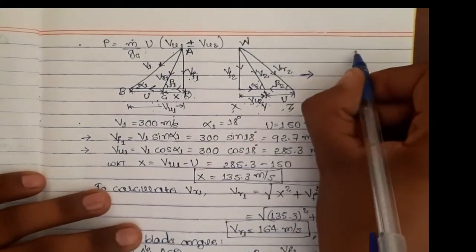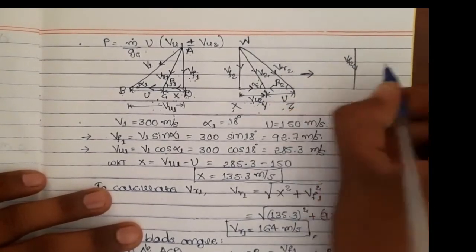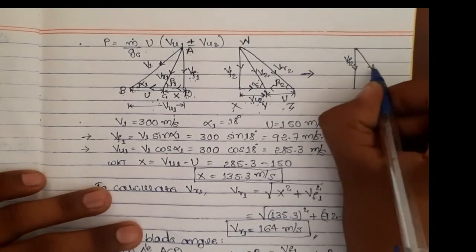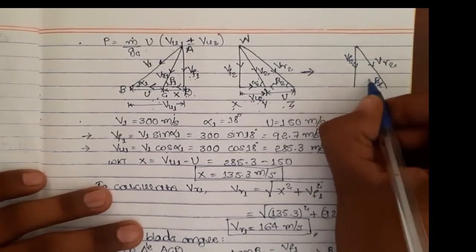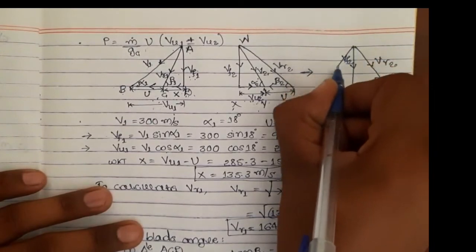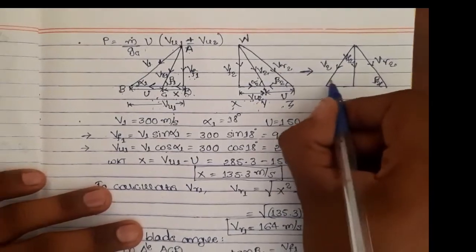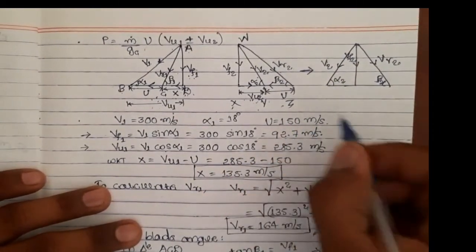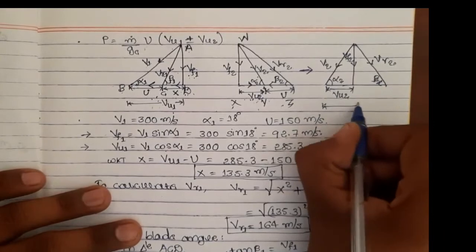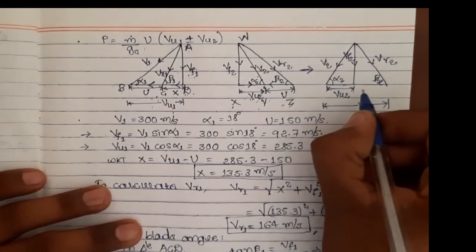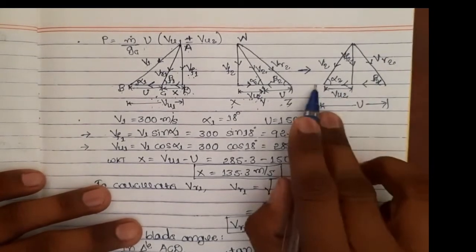So I will write, let this be VF2. Then this is the usual VR2 at an angle beta 2. But instead of V2 here, I shall write V2 outside. This is my V2, at an angle alpha 2. So therefore, now this becomes VU2 and this becomes the total U. Now again deciding the directions of U and VU2, both should be in the same direction towards V2.